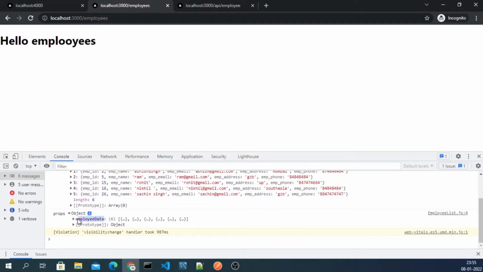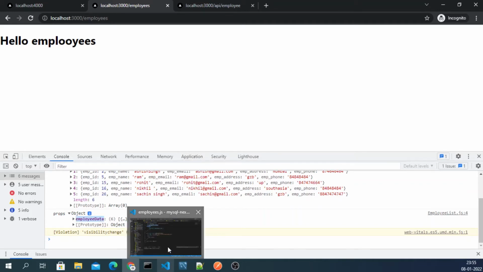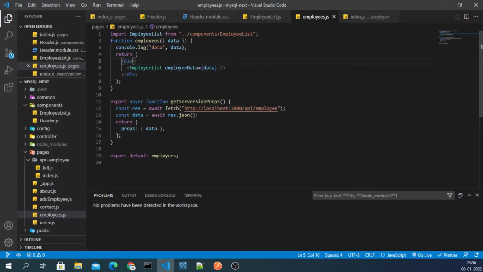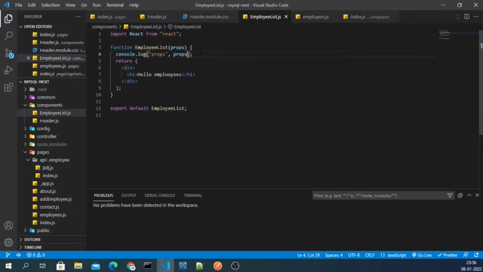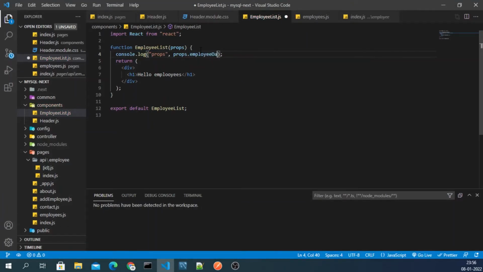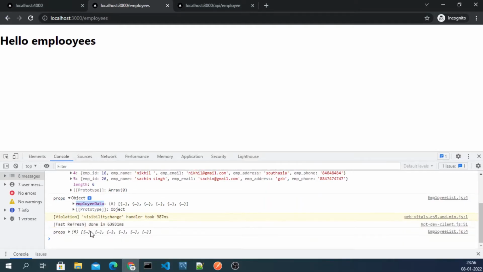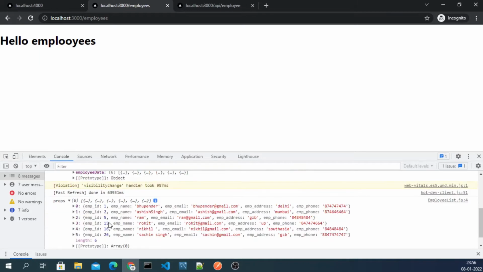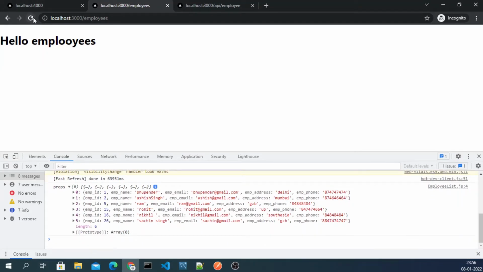To access the data, we have to type props dot employeeData, like this. Then we will be able to get all the data. As you can see, now we are getting the data in props.